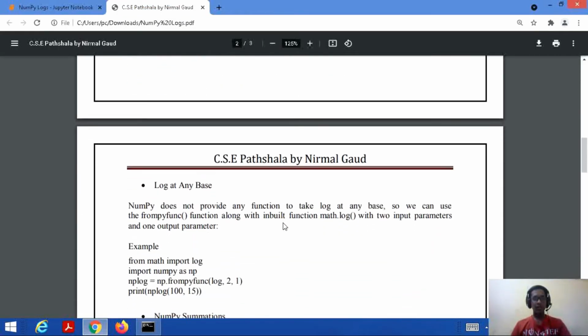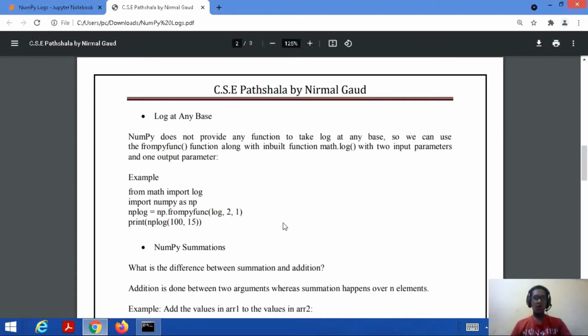Now if you want to calculate log at any base, NumPy does not provide any such functionality that will be able to calculate the log to any base. But yes, we can do this with the help of frompyfunc, which we have already discussed in our previous tutorial on universal functions.